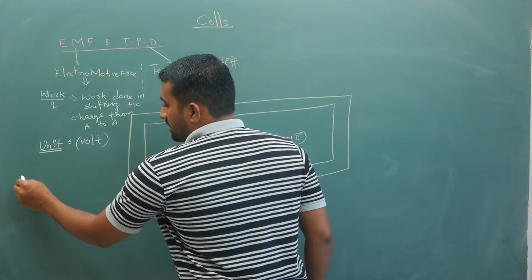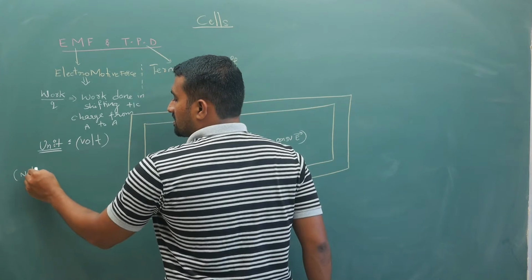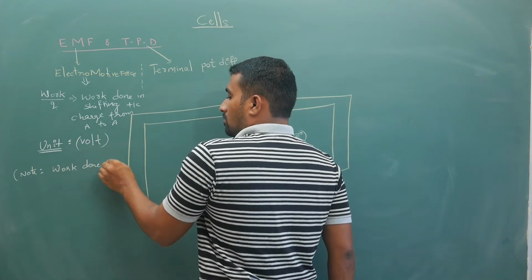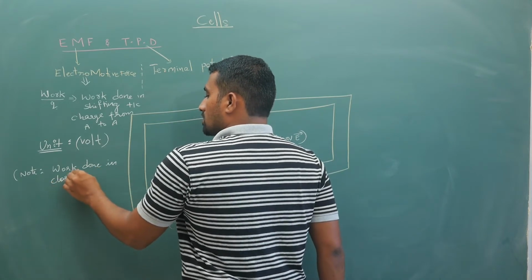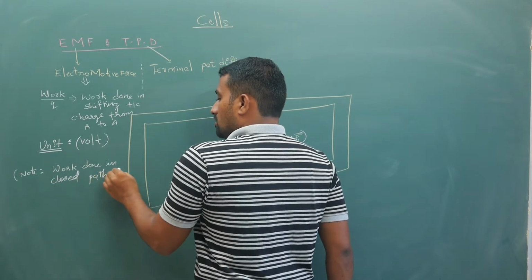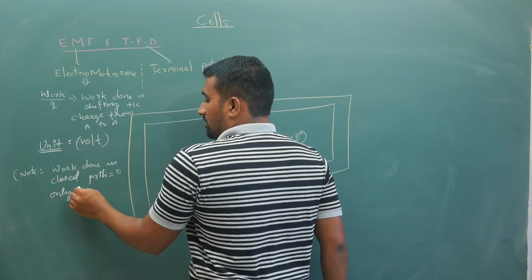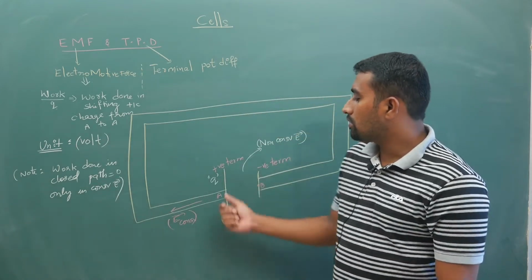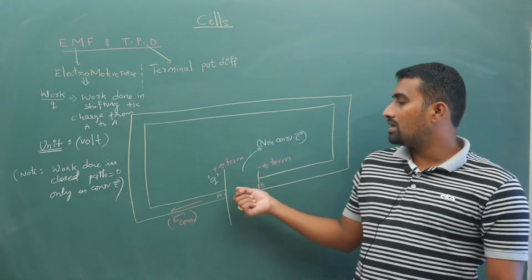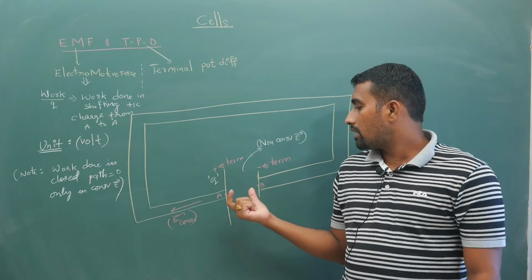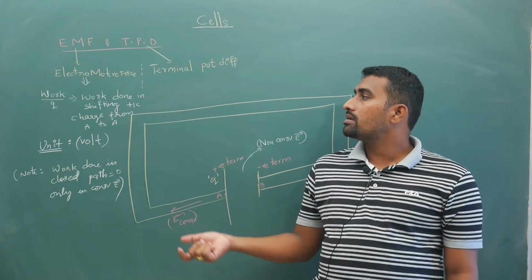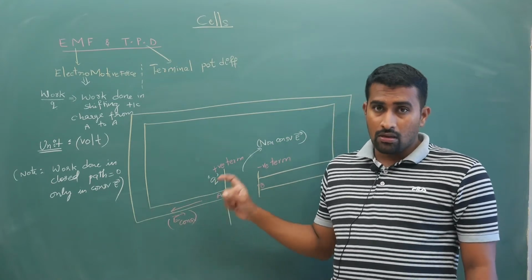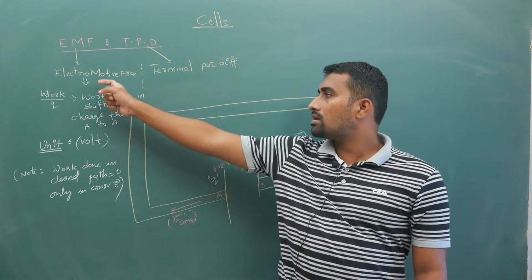Okay, so I will write that point. For understanding's sake you can remember, work done in a closed path is 0 only in conservative fields. Here you don't have a conservative field completely, you only have a conservative field outside. So keep this in mind. This work done in shifting plus 1 coulomb charge from positive to positive is your EMF.